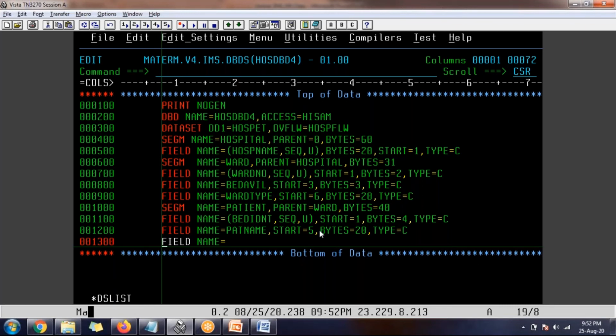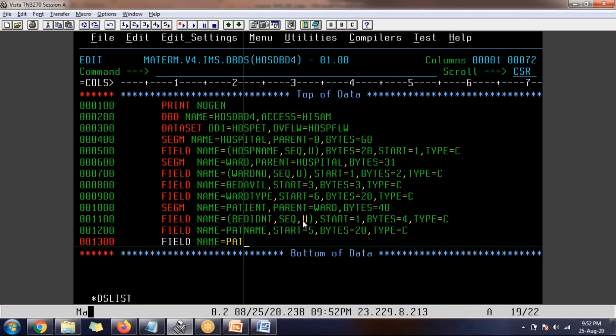What does the U stand for? U after sequence means unique, so that it will allow only unique records. If I give M, it will allow duplicates also. We are going to deal with that also in another database. So this is the one database, and we are going to do hands-on on 2 databases. Both are related to hospital, but the database structure will be different.